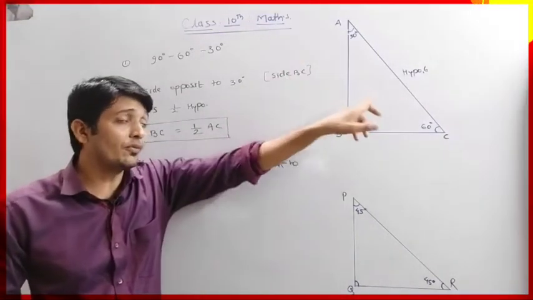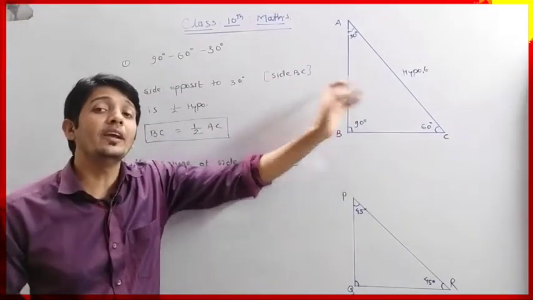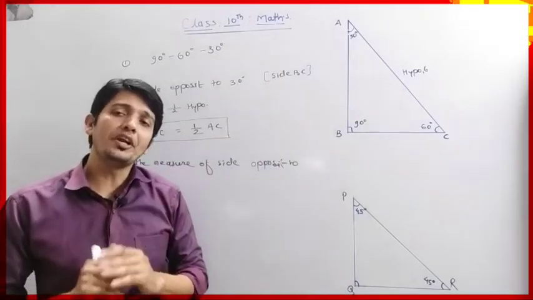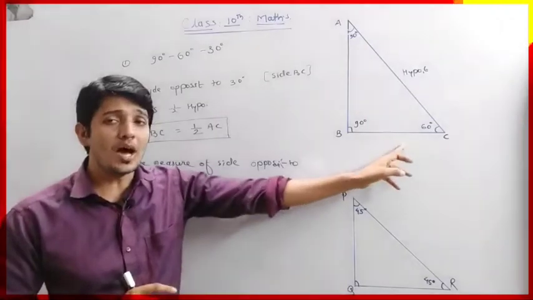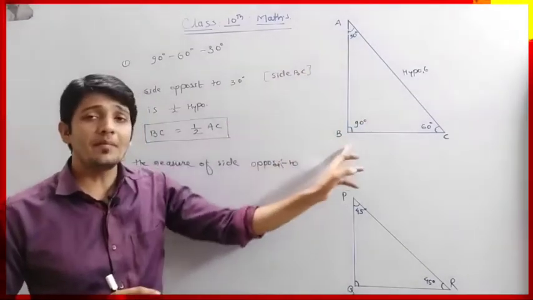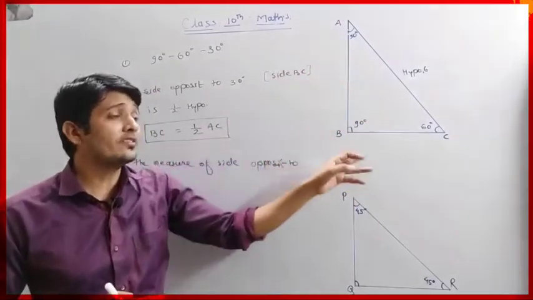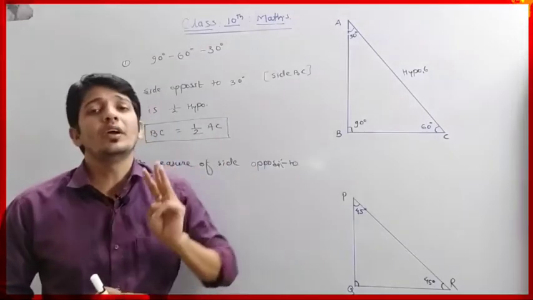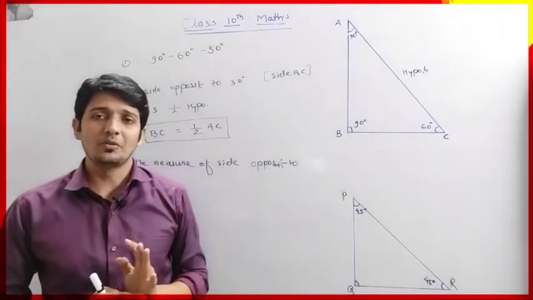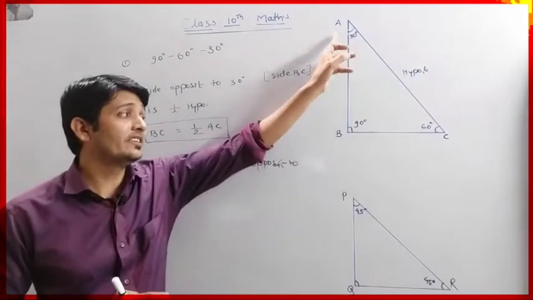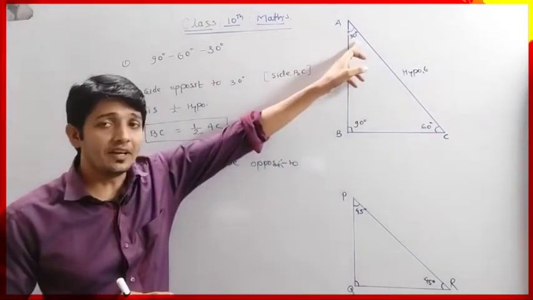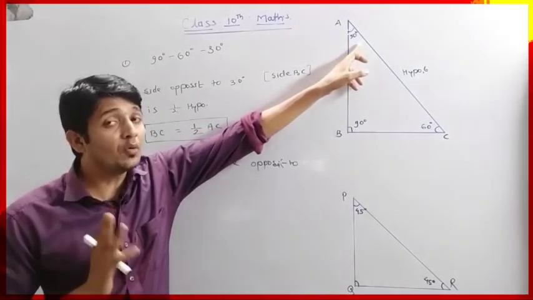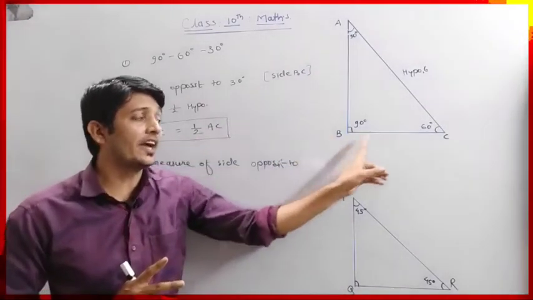This BC is only for this diagram. Otherwise, you can name vertices according to your wish. Like you can write here P, Q, R. You can write L, M, N. You can write X, Y, Z. Any three variables of your choice. I have my choice, that is A, B and C. So this is the angle of 30 degree and the opposite side of this angle is side BC.